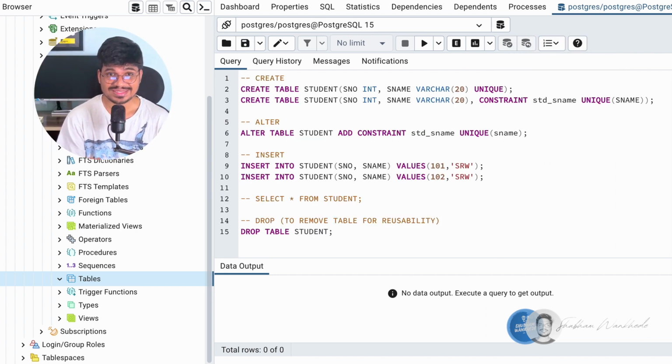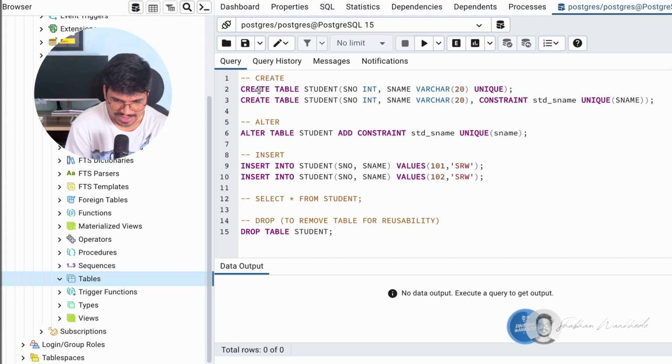Let's understand these queries one by one and understand how we can use them. So here you can see I have written down the two SQL create queries. You can see the constraint I have used. Okay, first one is this one, which is the unique. This is the inline approach. Okay, inline approach, where what I've done is at the end of this column data type, I am assigning this unique constraint.